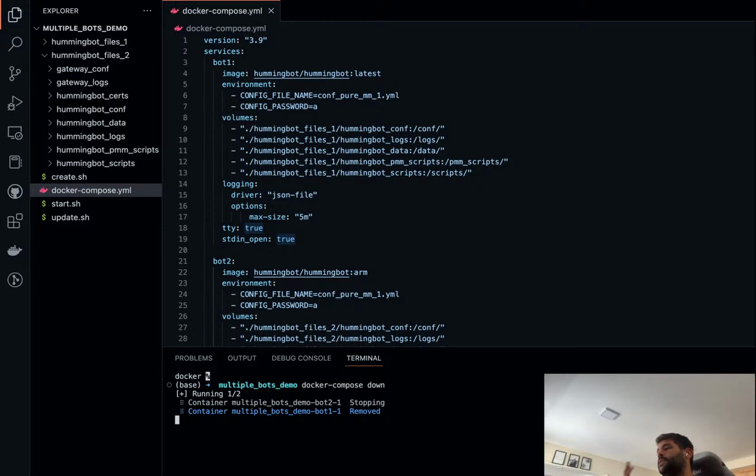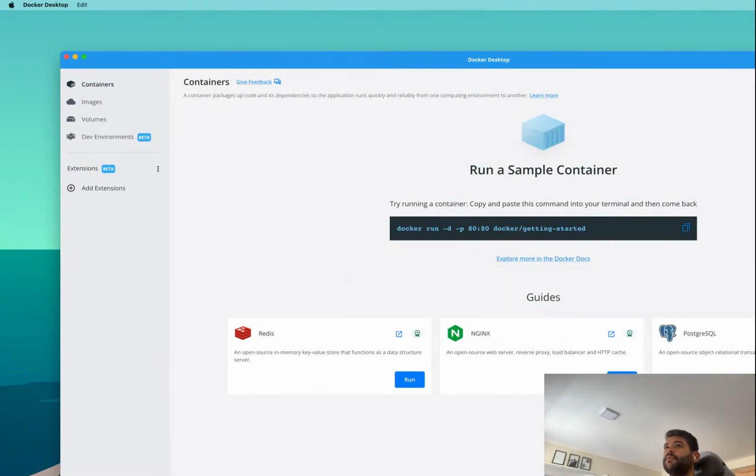This is a problem because check that the AMD one doesn't want to stop, and the ARM one stops after a while. But well, this is a problem because we killed the two containers, but we didn't cancel the orders. We didn't do anything because we just shut down the containers. So probably the best solution for this is to use